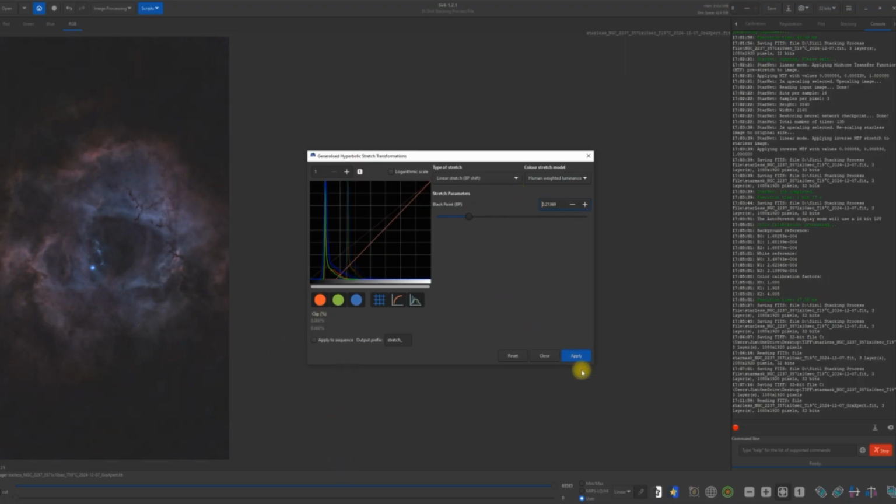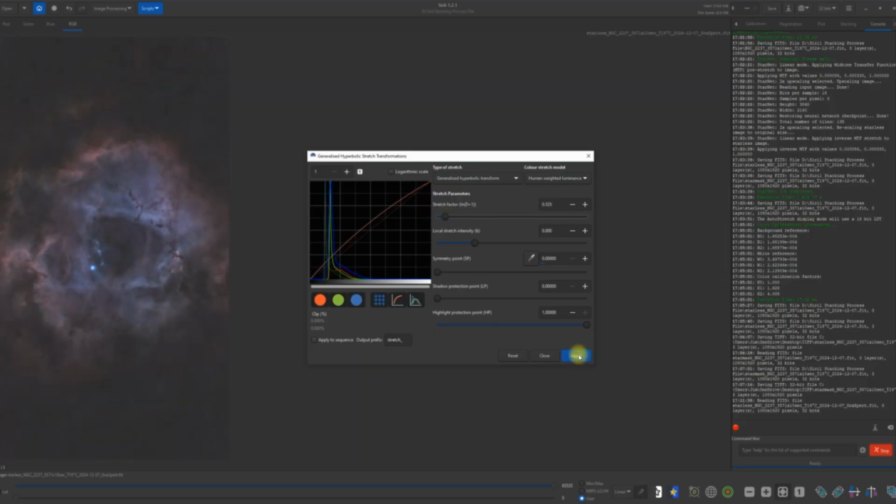So now we're going to hit apply, and we're going to come back up and go back to our general hyperbolic transform, and we're going to stretch it some more. And I'm going to click logarithmic scale here, because what that does, you watch these lines on this side. A perfect stretch would be a 45-degree angle from here to this corner. Rarely, if ever, will you actually get that, but this is just a guide to show if you've overstretched or understretched. So it looks like I have a little bit more room to stretch these 3 color channels,